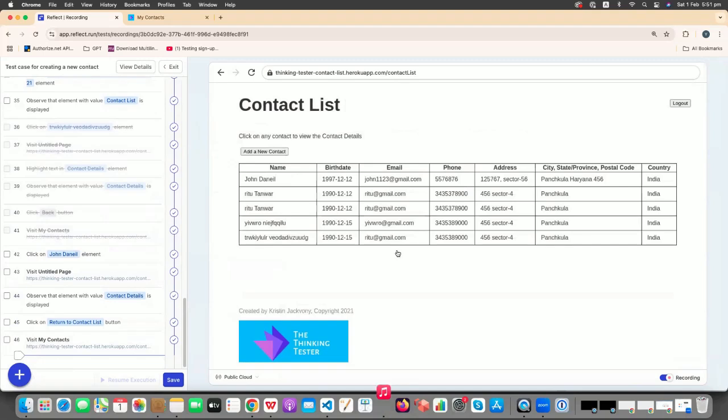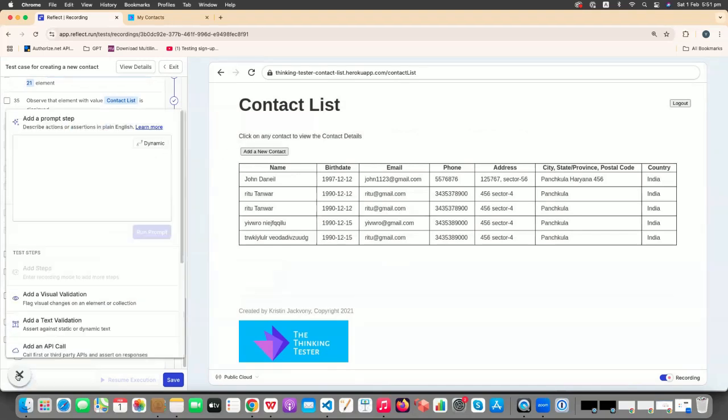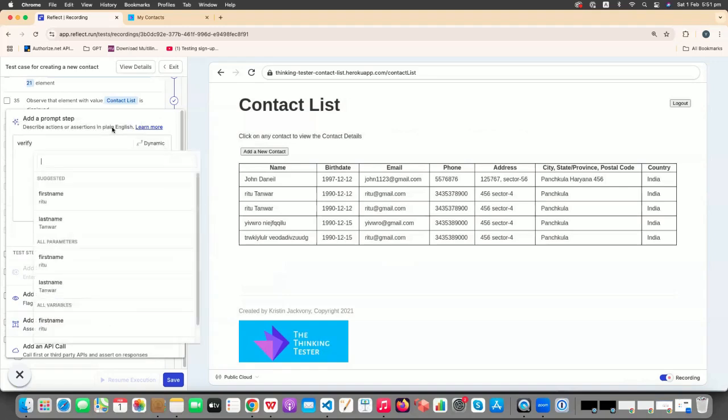So next is AI prompts. We can verify our results with the help of AI prompts. So again, click on this plus button. Go to this field, AI prompt step, give any prompt,